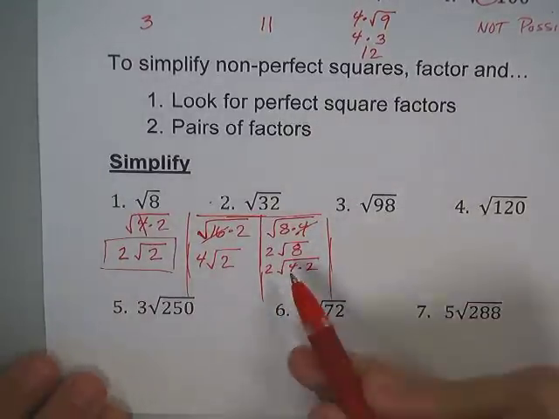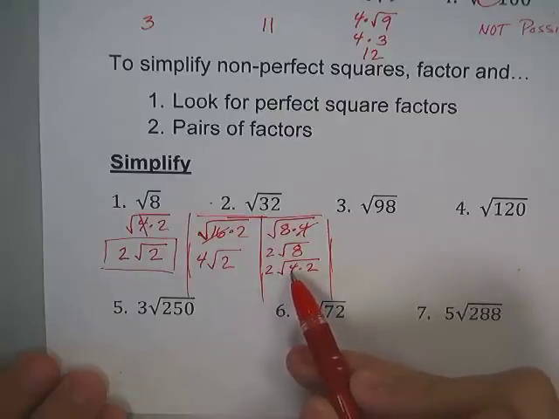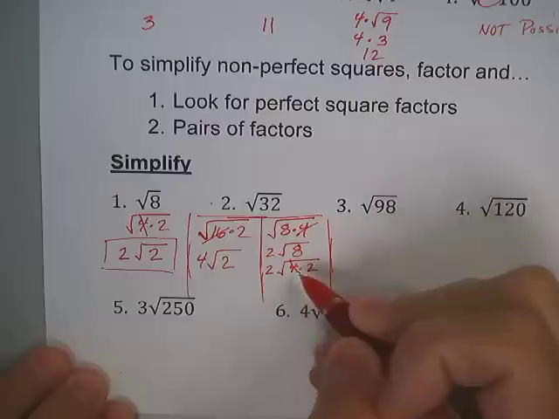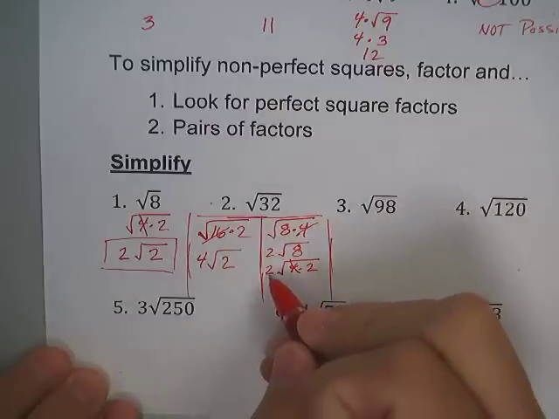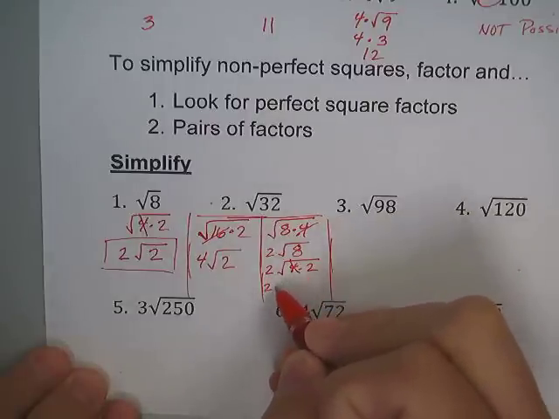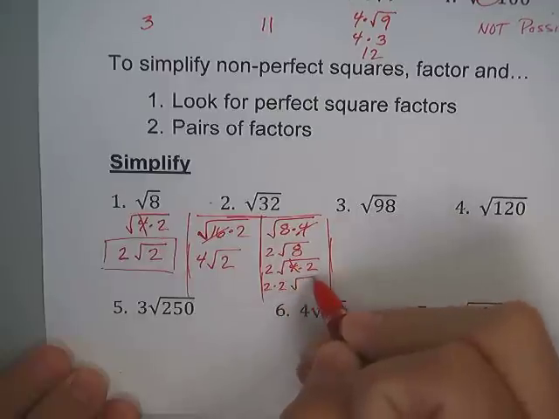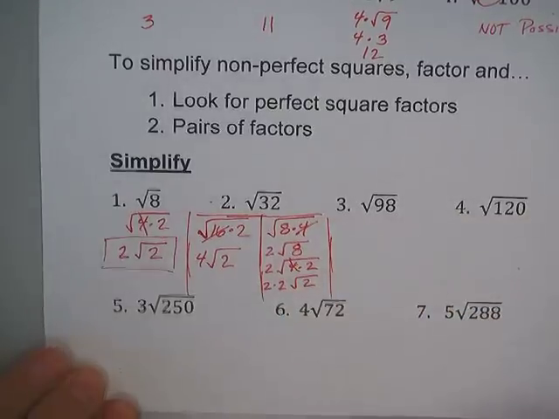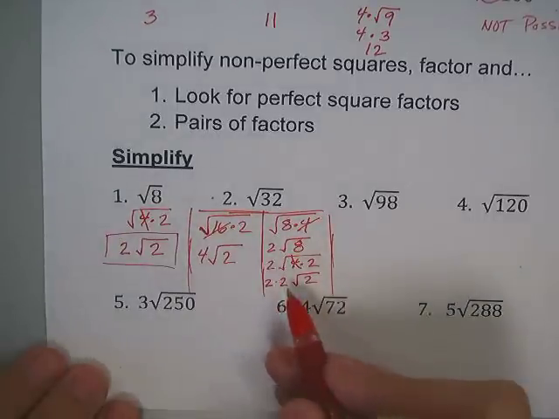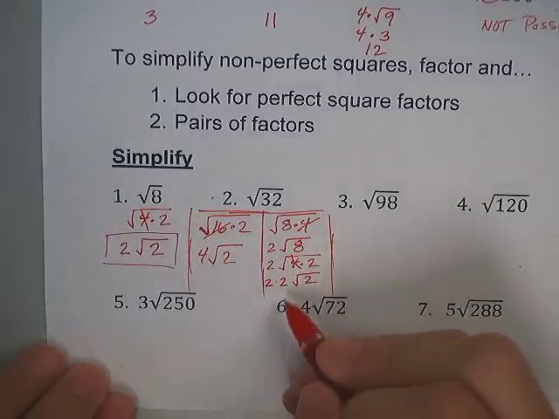When I say break it down, I mean find factors. So 2 factors of 8 are 4 and 2. And again, you notice I have a perfect square right here. So square root of 4 is 2. So I'm going to bring this 2 down. There's another 2 from this one,